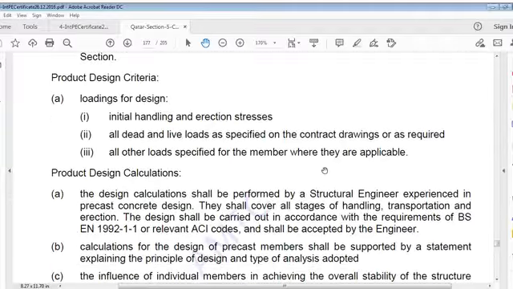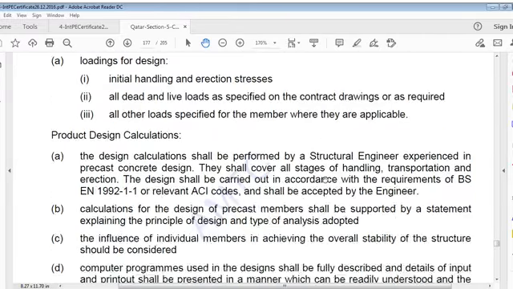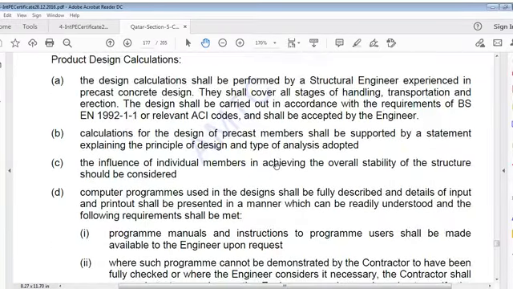Product design criteria, loadings for design, initial handling and erection stresses, all dead and live loads as specified on contract drawings or as required, all other loads specified for member where they are applicable, product design calculations. Design calculation shall be performed by structural engineer experienced in precast concrete design, shall cover all stages of handling, transportation and erection. Design shall be carried out in accordance with requirements of BS EN 1992-1 or relevant code and be accepted by